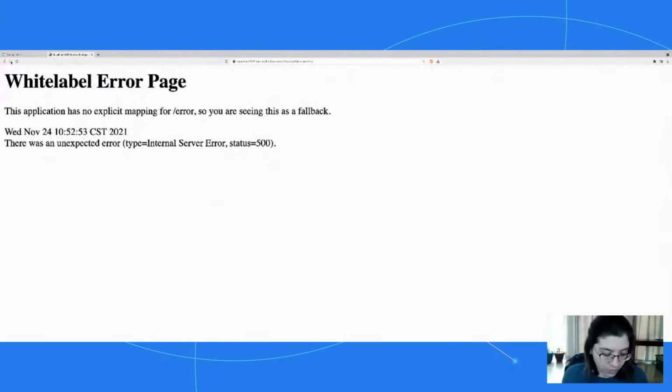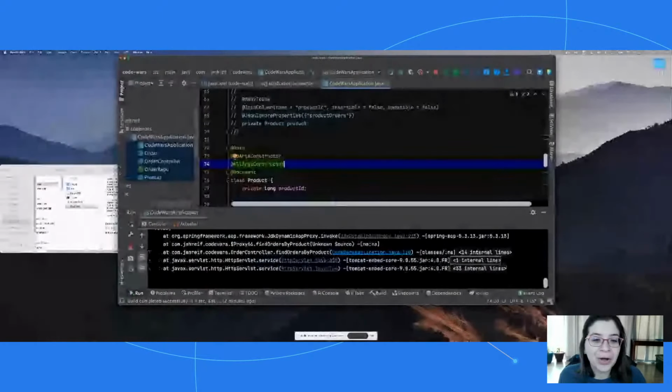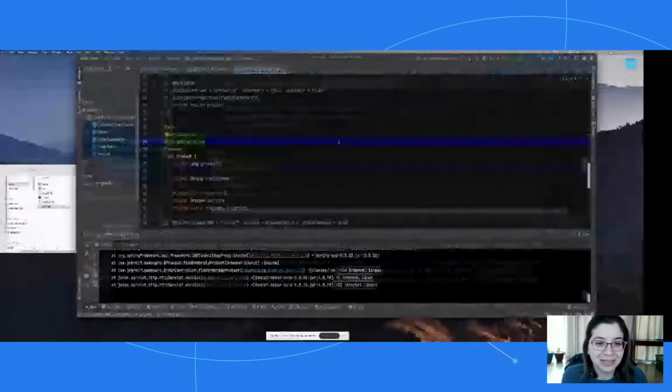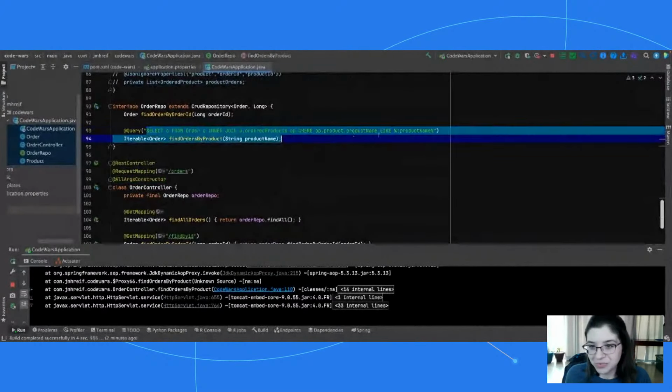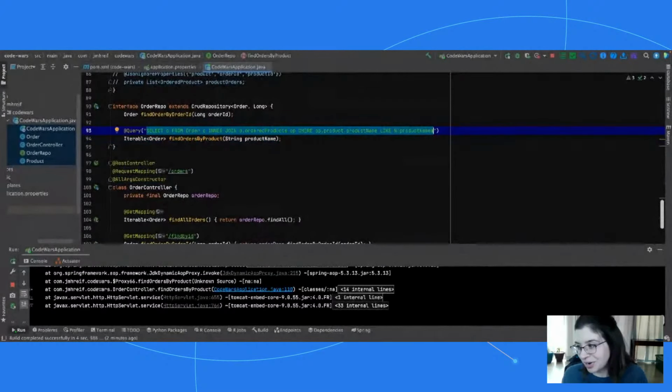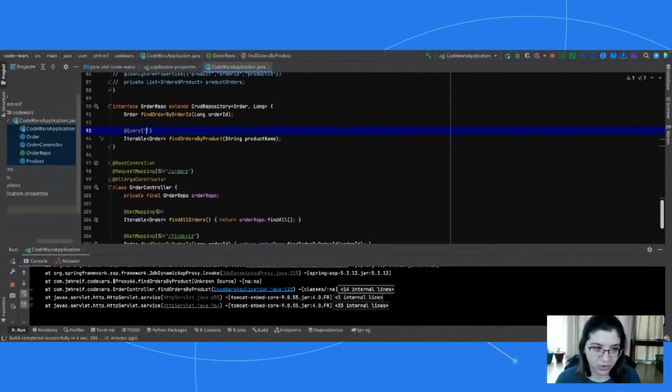Huh, well, oh, I know what I forgot. Okay, so lesson number 1. You can't use JPQL when you're dealing with MongoDB. You can use SQL, however, but one of the really cool things that I found about Mongo queries is that you can use JSON syntax. So I'm actually going to use that.